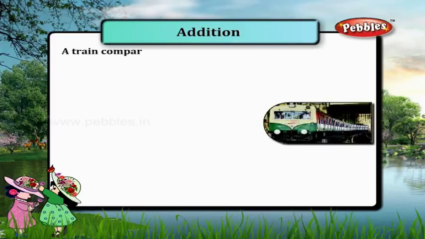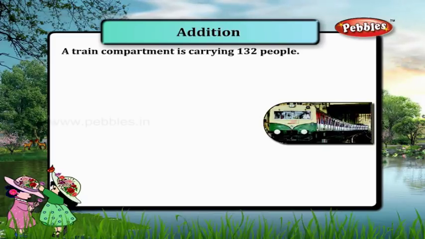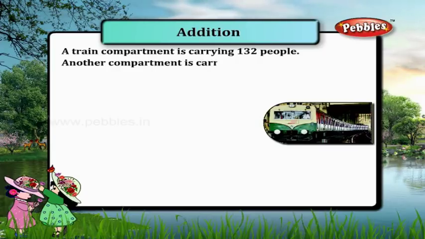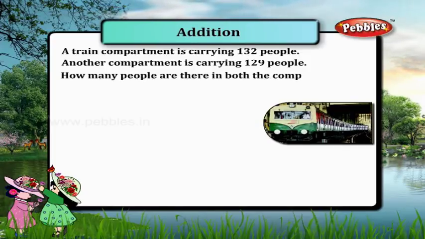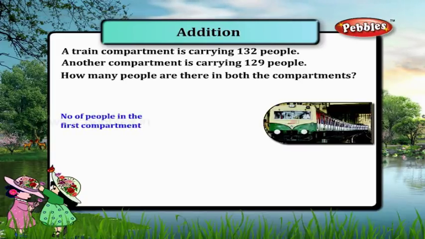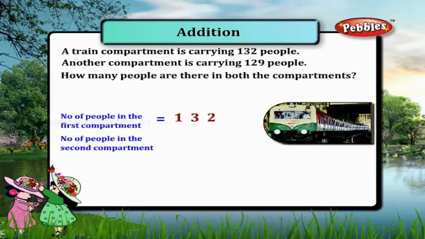A train compartment is carrying 132 people. Another compartment is carrying 129 people. How many people are there in both the compartments? Number of people in the first compartment is equal to 132. Number of people in the second compartment is equal to